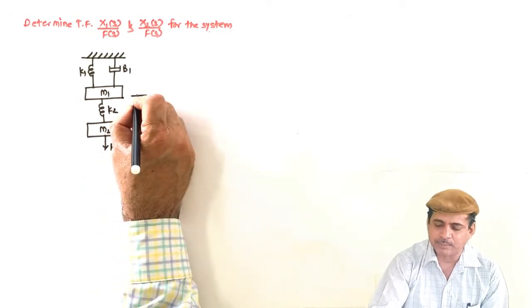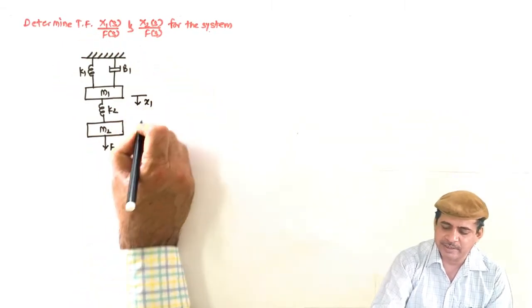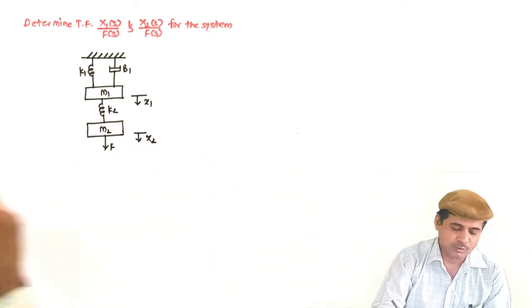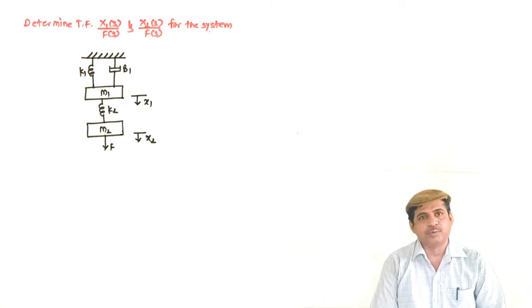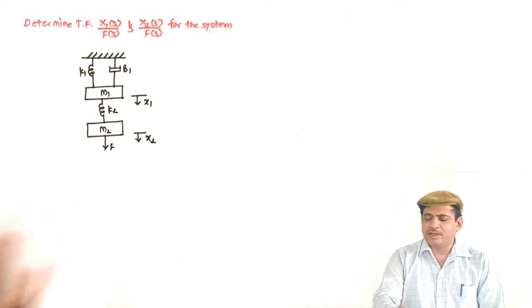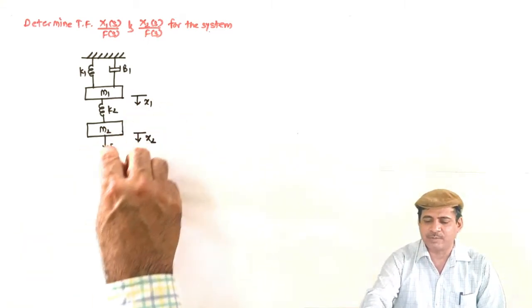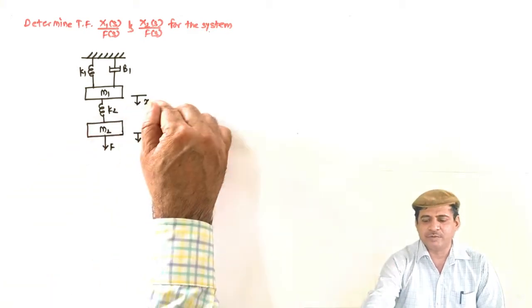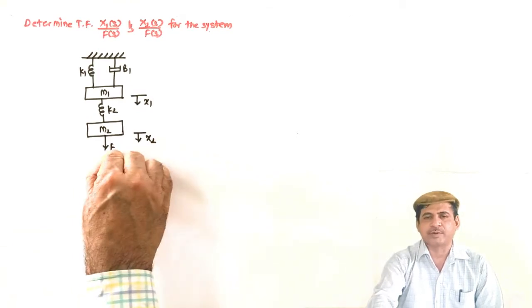So what will happen? Upon applying the force, both bodies will displace from the fixed support, and this will be, say, displacement x1 and this will be displacement x2. So in this system there are two outputs, x1 and x2, and one input force F, only F. So this is not now a SISO system, single input single output. It is a single input multiple output system. So there will be two transfer functions. One will be x1 by F, other will be x2 by F. So x1 of s by f of s will give us the behavior of x1 with reference to f, and x2 of s by f of s will give us the behavior of x2 with reference to f.